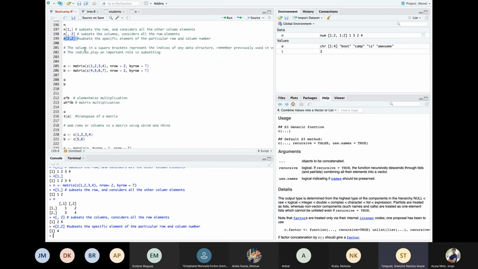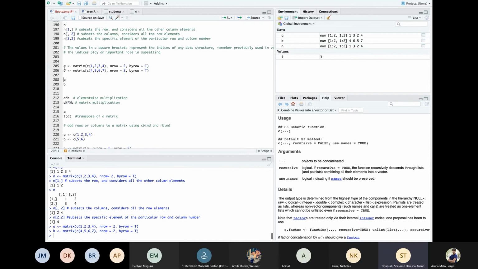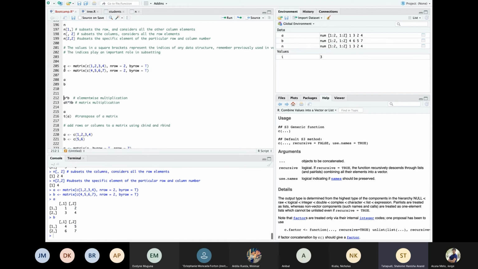As you see, the way you index or subset vectors and arrays is pretty similar. And we will actually move to some type of vector manipulation. Let's take two vectors A and B right here, right? We could do